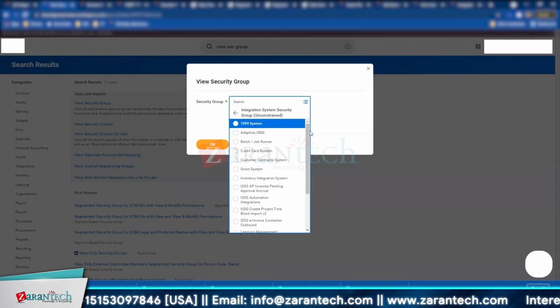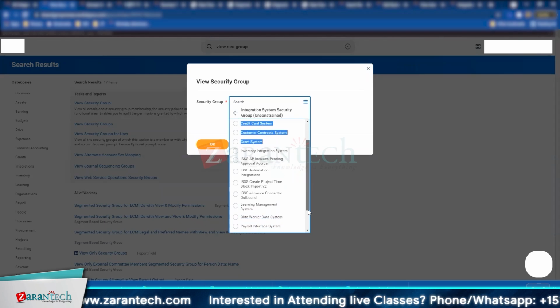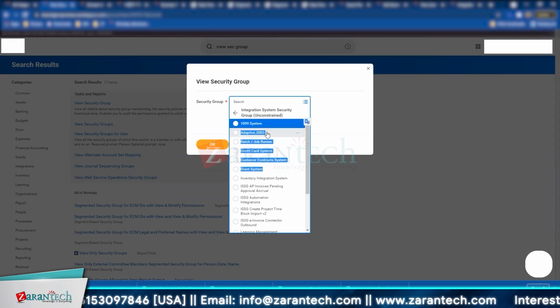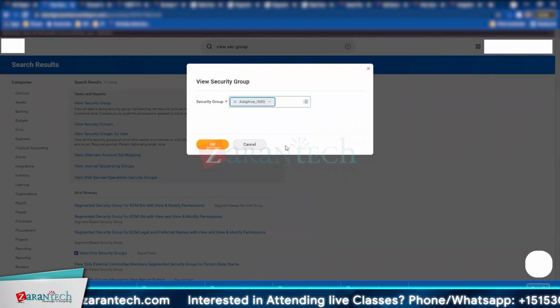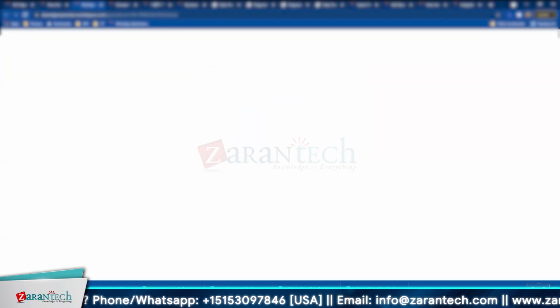So here I can see all the integration system users that are created within this tenant, like Okta Worker Data System, Payroll Interface System, Settlement System, Adaptive ISSG, Grant System, ISSG API Processing Pending Approval, Accruals, and so on. So different back-end users can be created who are not actual users of Workday, but are, say, third-party systems. Adaptive ISSG would probably be a user who is not part of your Workday population,